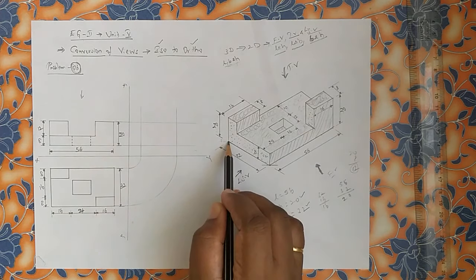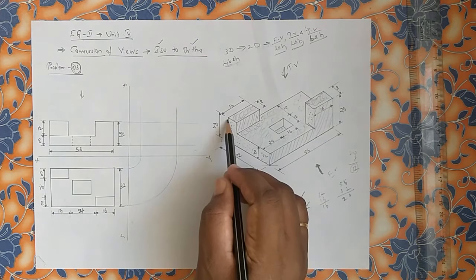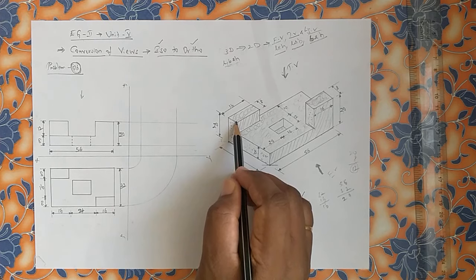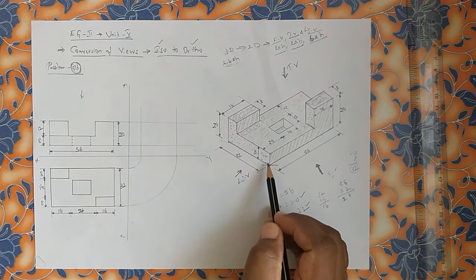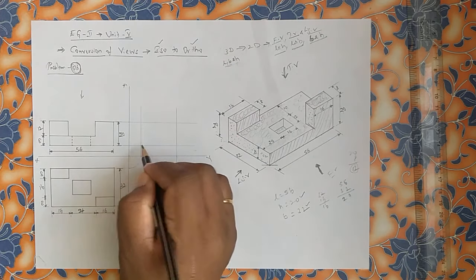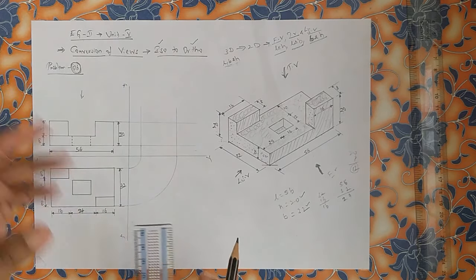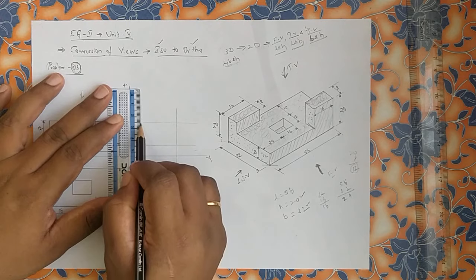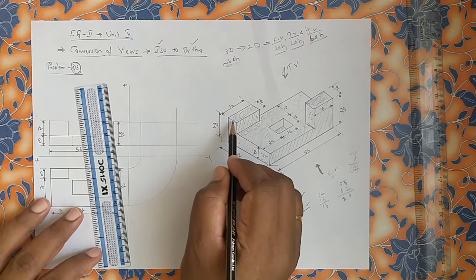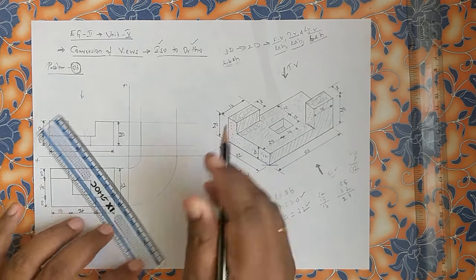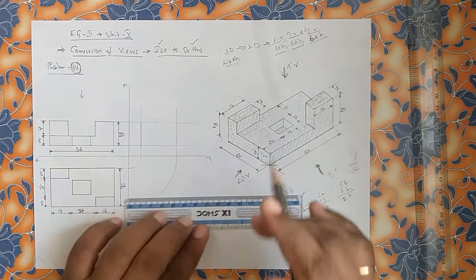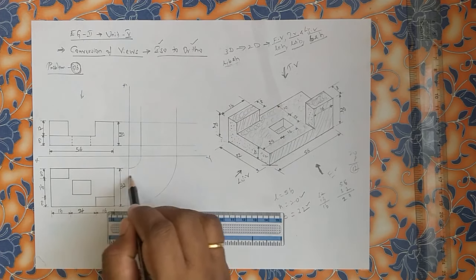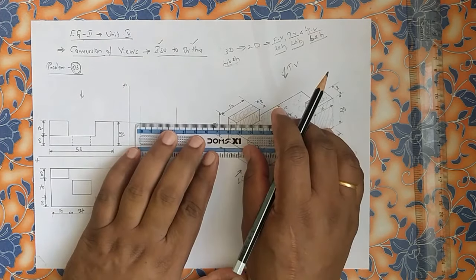Now if you try to start from this corner, total height 8, down length. Simple, with respect to this corner I am starting. Total height 20, height is matched. I am just supposed to draw the thick lines, that's it. What is this breadth? 8 mm. That also you can try to draw projector from here and get that point, right?